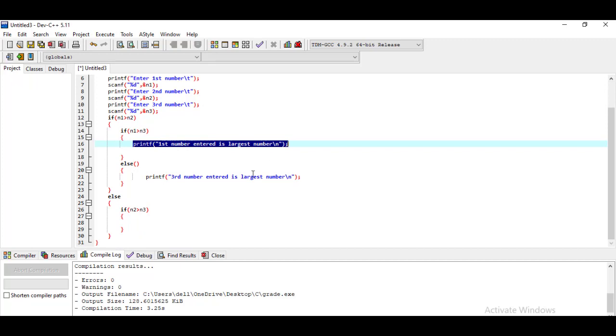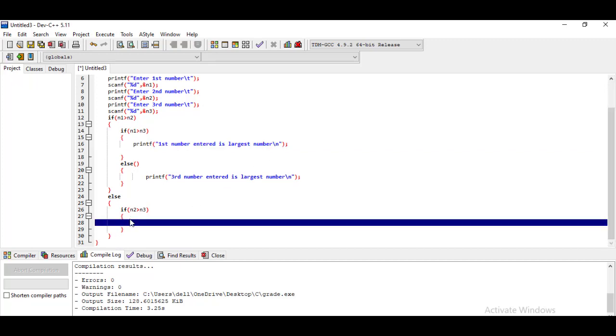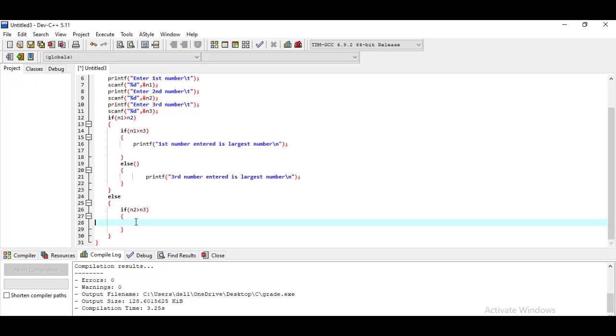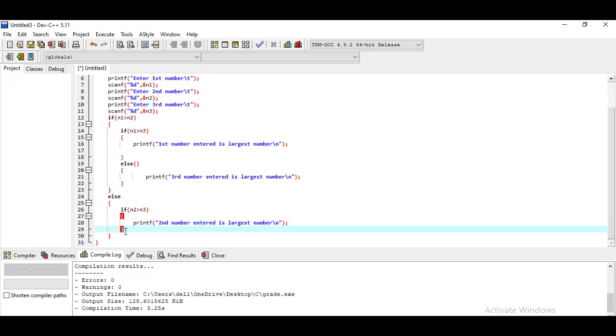Control C from here, and here I'm going to paste it. That is, the second number entered is the largest number, else.